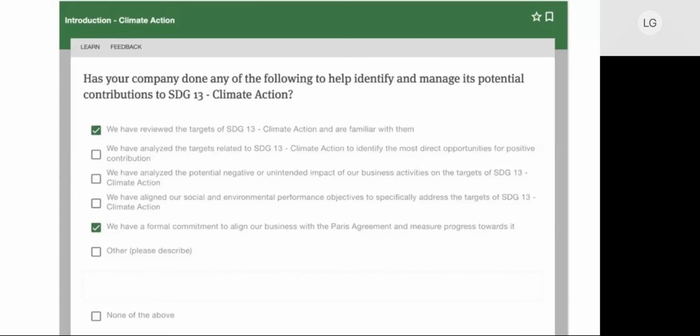And Evolution Marketing, we're actually using those targets to make decisions for ourselves. And then we have also made a formal commitment to align our business with the Paris Agreement, and we're measuring progress towards it. But we're not able to do things that are in the middle, which is totally okay. You answer where you're at today, and you use this as a benchmark so that next year, or even I like to use this as a planning tool to say, okay, what projects or actions do we want to take